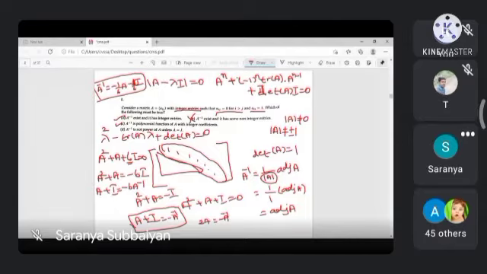So now A inverse is not a power of A unless A is equal to I. If A is not equal to I, then A inverse is not a power of A, because this is A plus I, it will come, right? Okay, ma'am. Is there any doubt? So option D is correct.